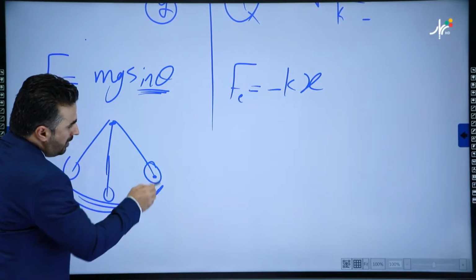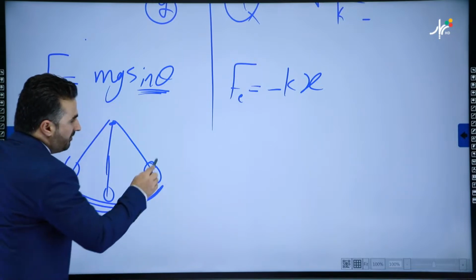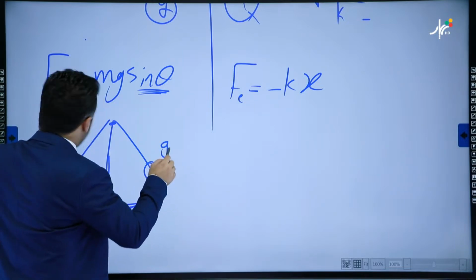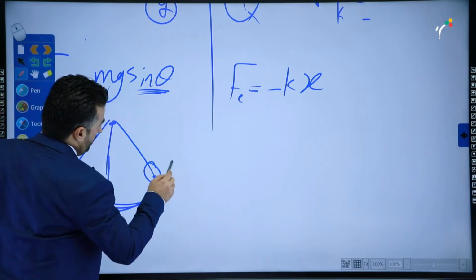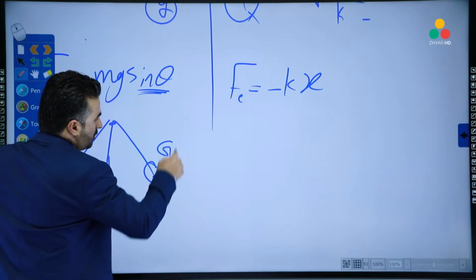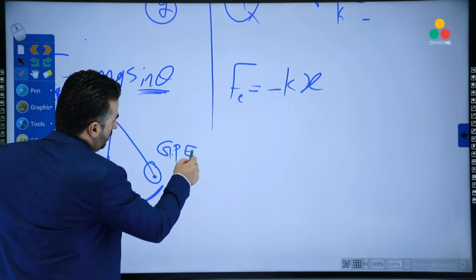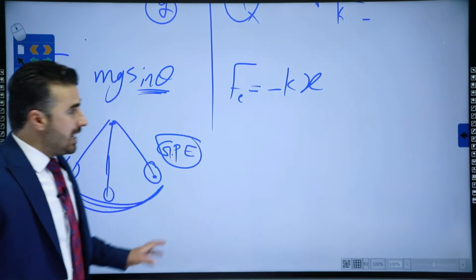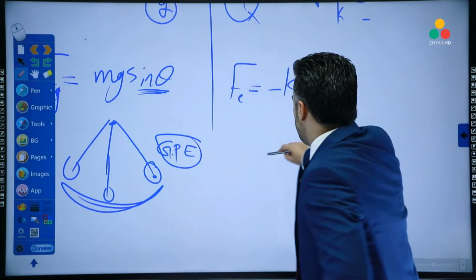At a point here, we know that all the energy that we have, what is it? It is gravitational potential energy. All the energy that we have is gravitational potential energy, okay? But if it is a mass spring system, let's say,